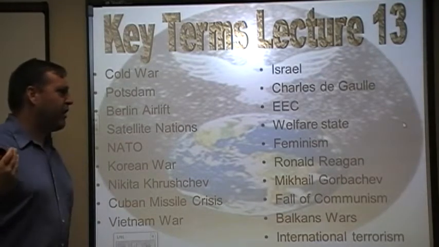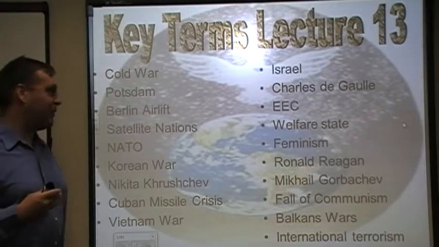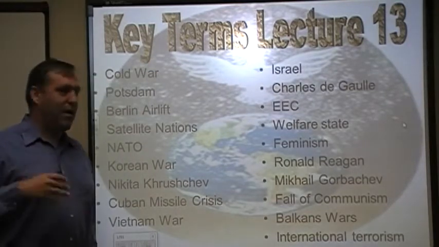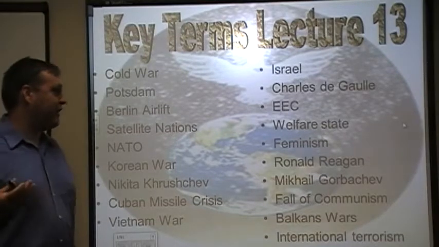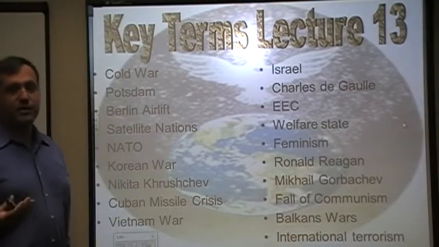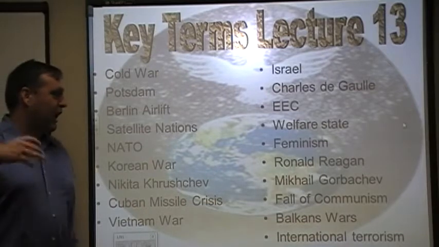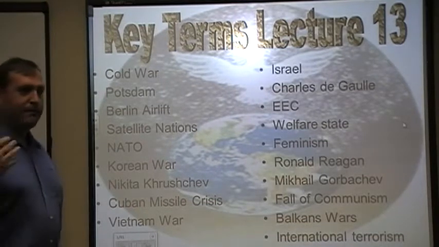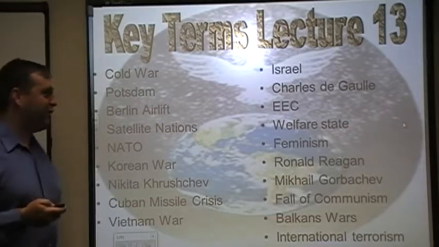We're going to be dealing with worldwide changes in terms of the end of the Cold War, of modern conservatism in the United States with Ronald Reagan, what happens as a result of the end of the Cold War,